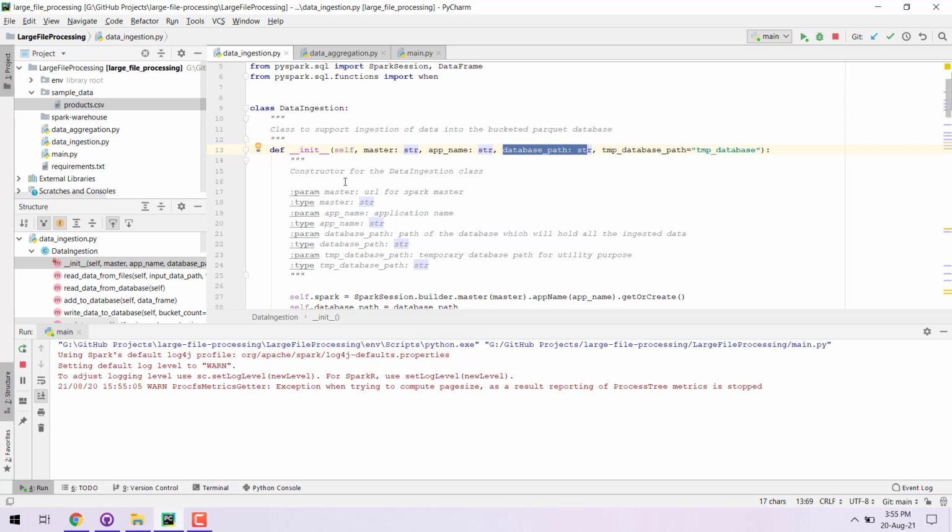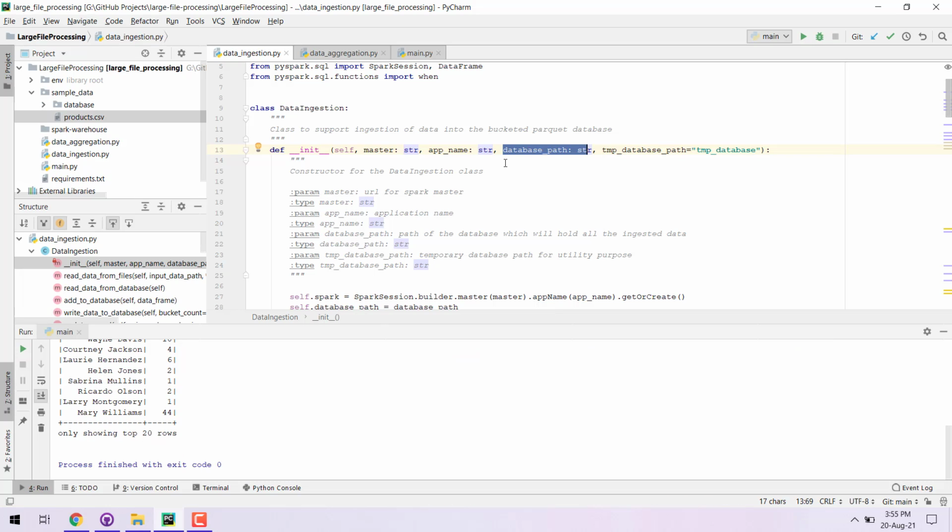Now in case bucketed and Parquet files are not familiar, bucketed basically means that the files will be sort of indexed. So based on what columns we pass, the files will be optimized and indexed for those particular columns. And the second one is basically a utility database. So it will be a temporary database that we will use while saving the files to our original database.